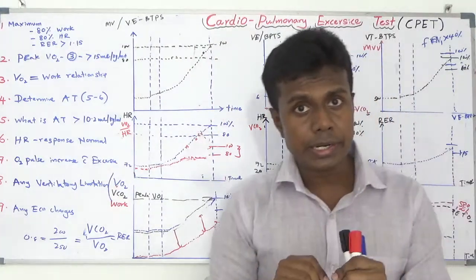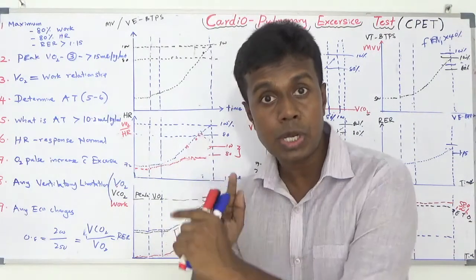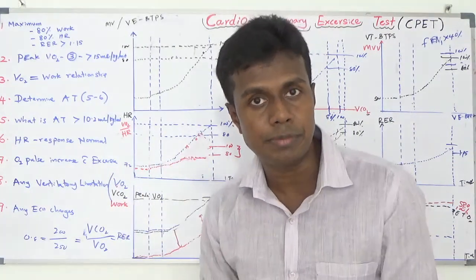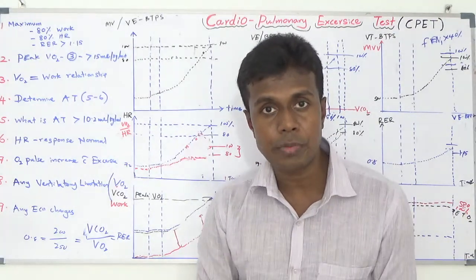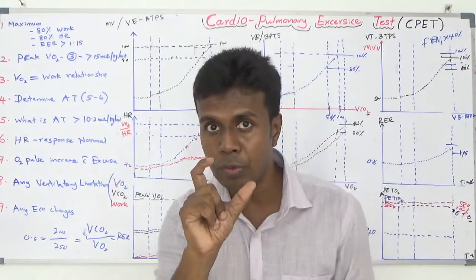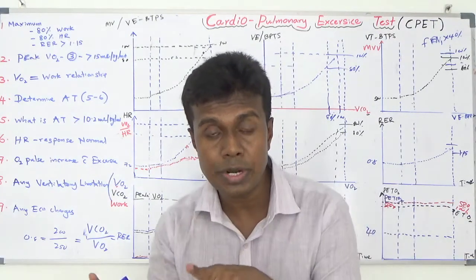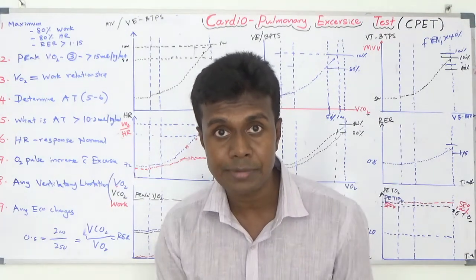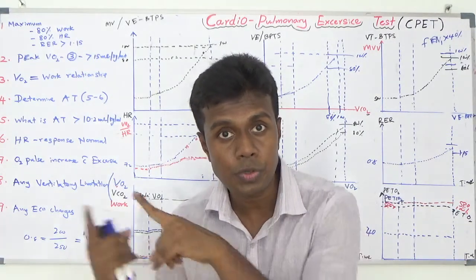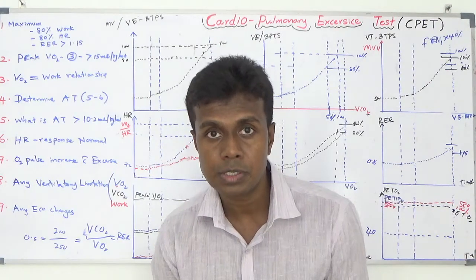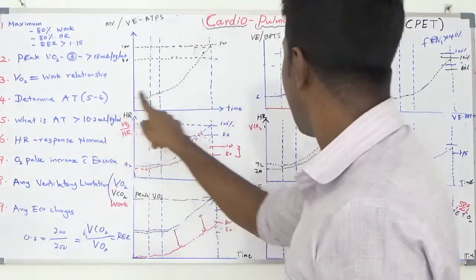As I told earlier, anaerobic threshold means the time at which we shift into anaerobic metabolism. That means you do not have enough oxygen now, and you are going to turn into anaerobic respiration. The hallmark of that point is that you are going to produce more and more carbon dioxide. When you shift into anaerobic metabolism, you produce more and more lactate. That hydrogen ion combines with bicarbonate and produces more and more carbon dioxide. So the hallmark is a rapid increment of carbon dioxide. So we have to check